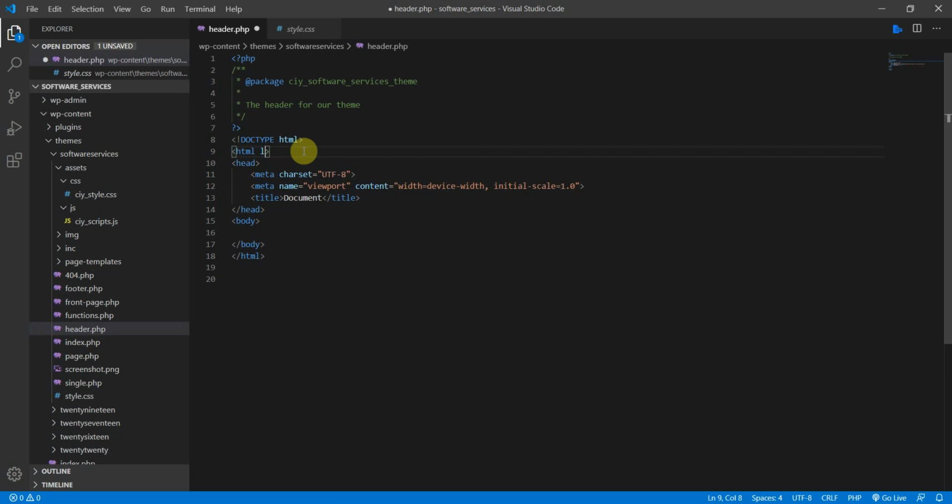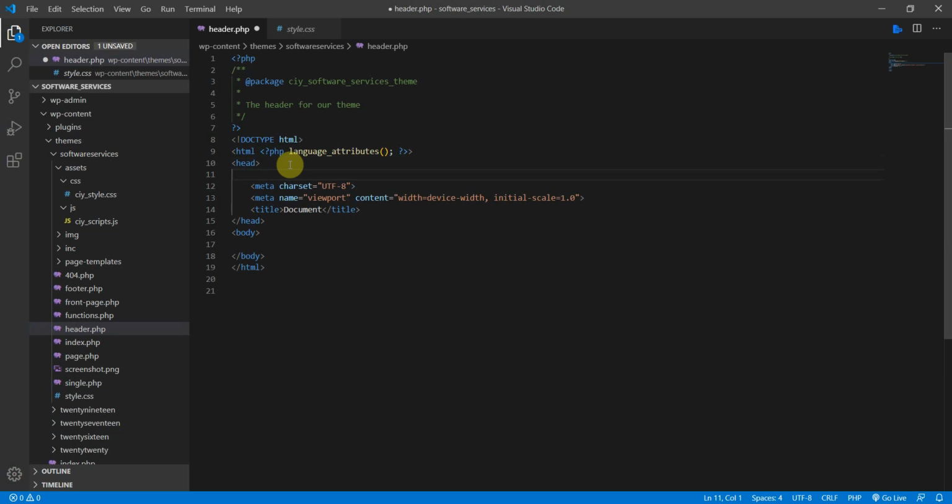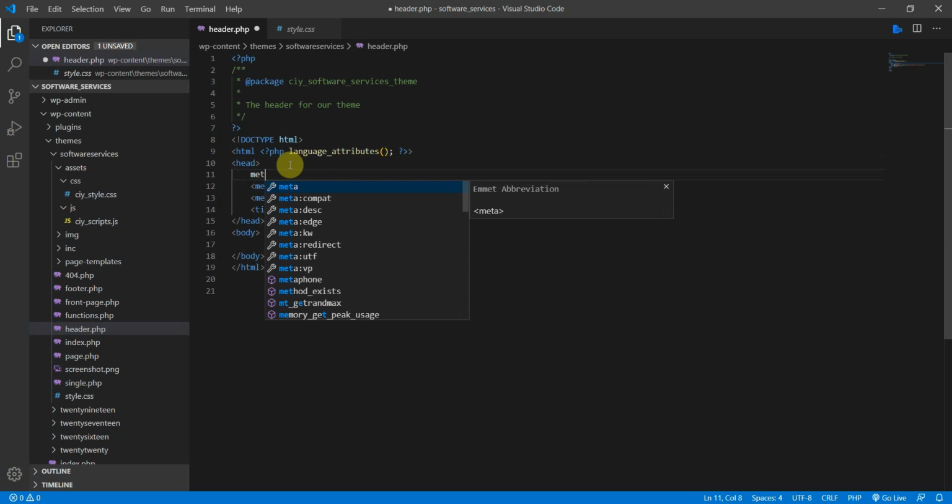functions. So for the HTML language, let's change it to a PHP function tag here, and we're going to use a function called language_attributes. This is a WordPress function, and then in the head we need to add a meta tag for description,